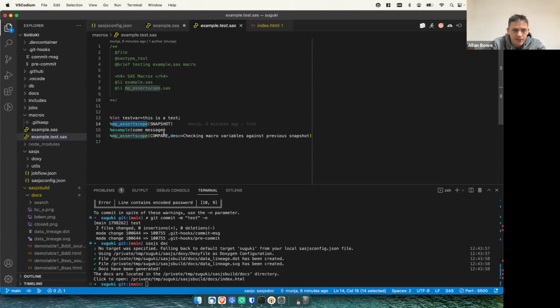So this example is taking a snapshot of the macro variables, running the macro, and then comparing the macro variables to see if there was any leaky scope. So maybe it's not all got %local. So that's a macro test. If I look at a job,